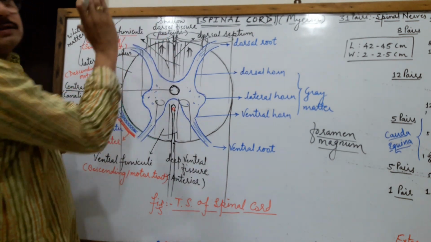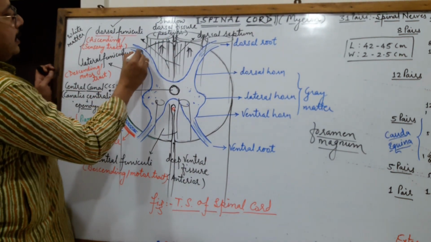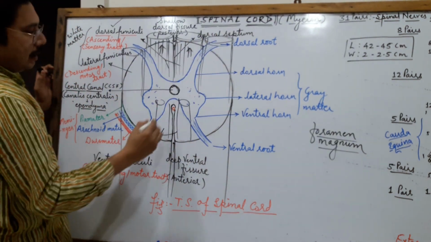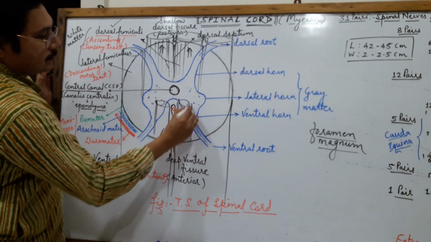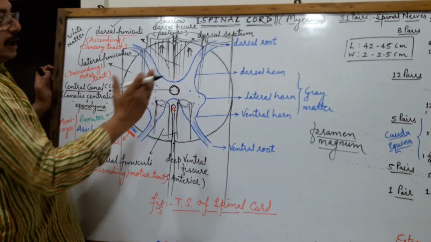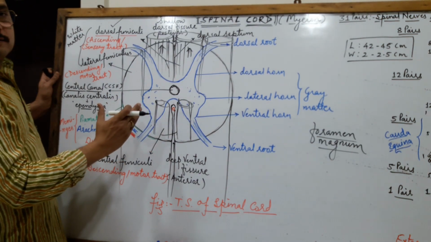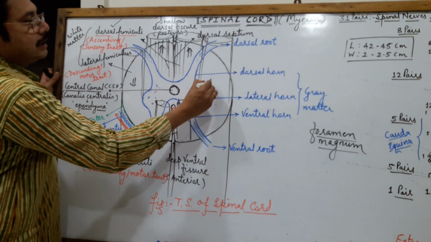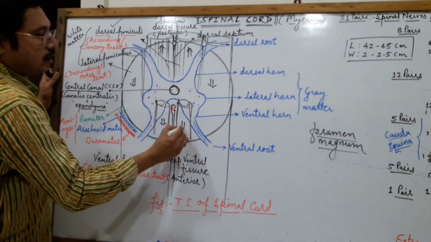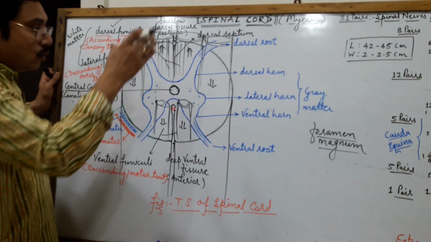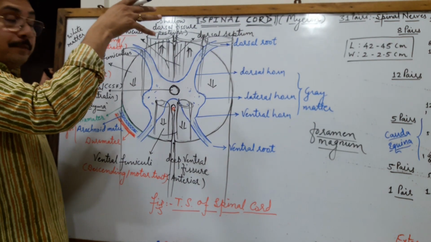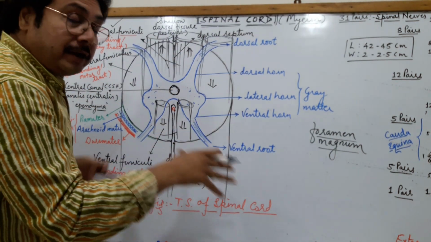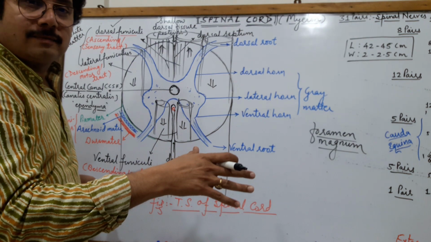Dorsal funiculi, dorsal columns. While the paired lateral columns, right and left lateral, and the paired ventral columns, in this way paired lateral and paired ventral columns are again called the lateral funiculi and the ventral funiculi, and these 4 are acting as motor funiculi, having the motor nerve fibers conducting the motor impulses which are generated from various parts of the brain, and they are carried downward and then supplied to the effector organs, either muscles or glands of the trunk region.